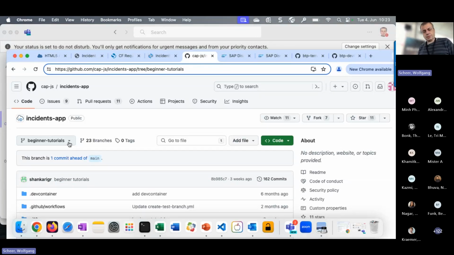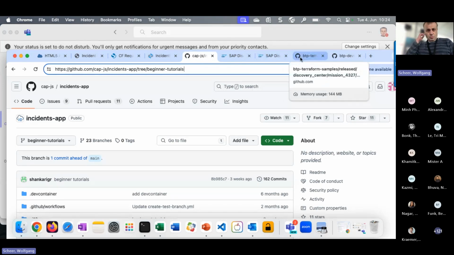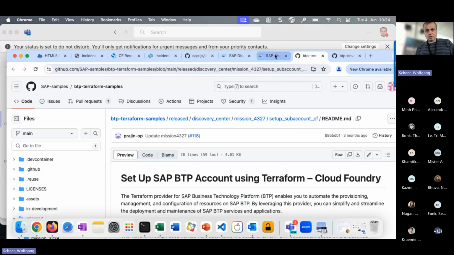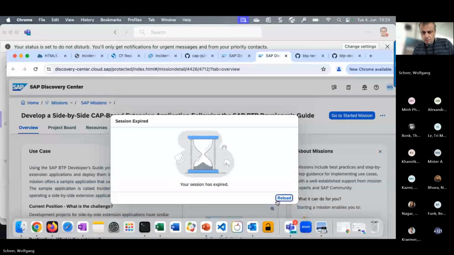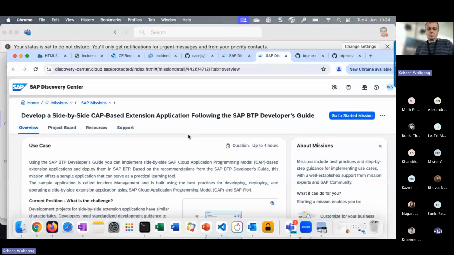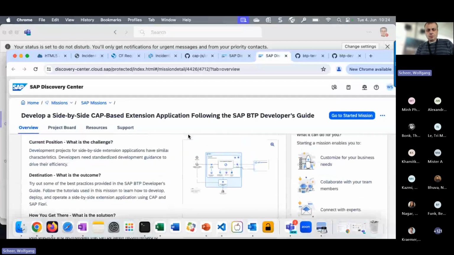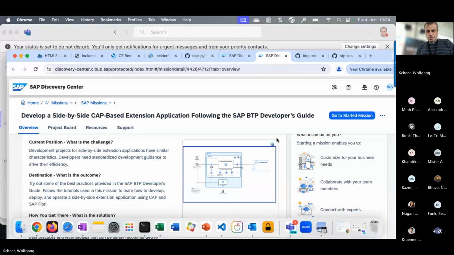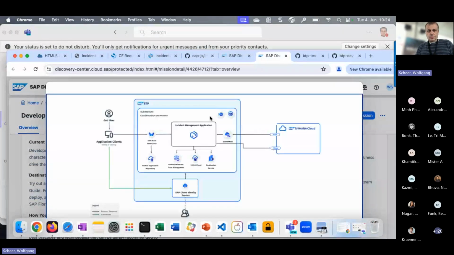This covers more or less the section that Sarah has shown. So this is more or less the start. And with that, you can now go on with the advanced tutorial. For that, our team has now created two missions on the SAP Discovery Center. As I said, we have to create extensions on SAP BTP. This covers a full range of topics in our environment. So we have the